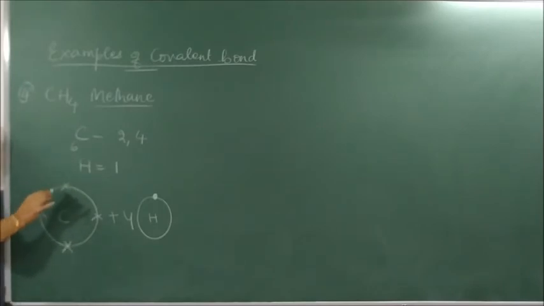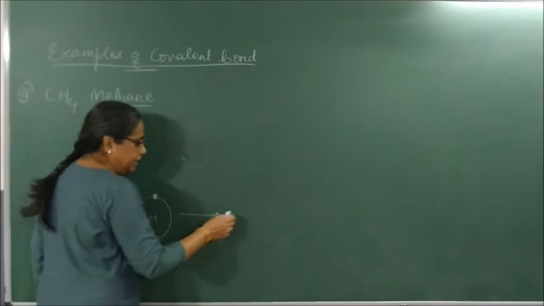If a hydrogen electron comes here, it becomes 4, 5, 6, 7, 8. Will not C be complete? So same logic we will do here. See, in the common space between C and H,